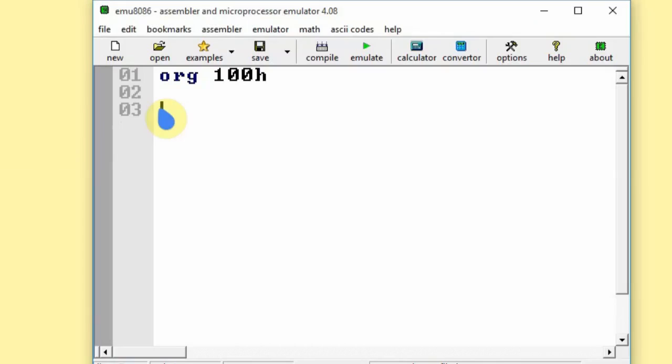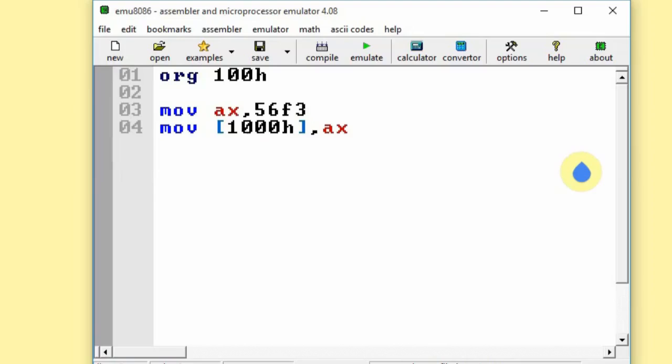So the next type is just the reverse of what we saw earlier. If I write MOV in square brackets 1000H and AX. So this means whatever value is in AX should be transferred to the memory location 1000. Okay, so before that we have to write something into AX. So if I write MOV AX comma, say for now 56F3H, and now if I emulate